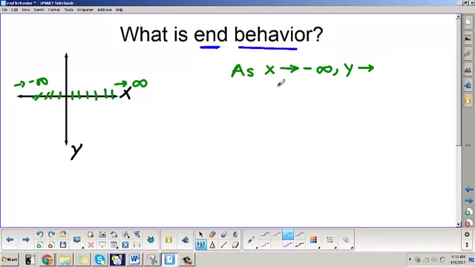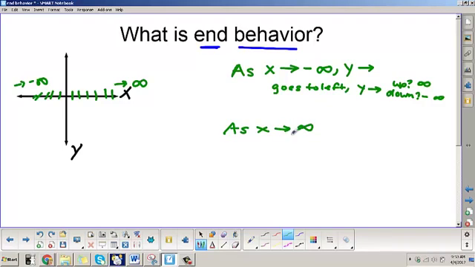So this means as x goes to the left, does y go up or does it go down? And so there will be a corresponding, if it's up, it'll be infinity, and if it's down, it'll be negative infinity. Okay? Also, as x approaches positive infinity, or as x goes to the right,